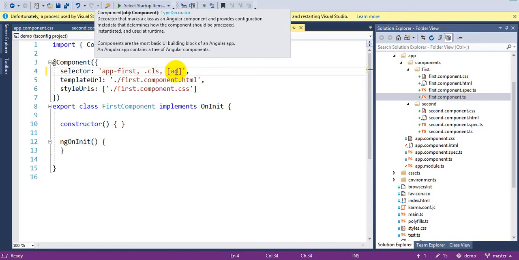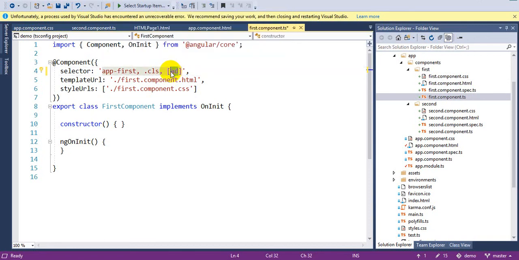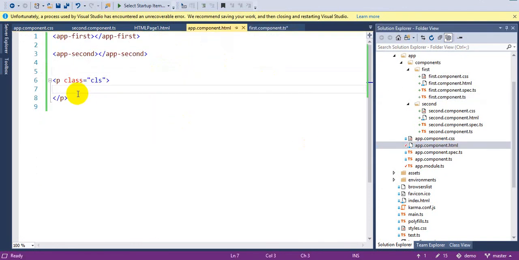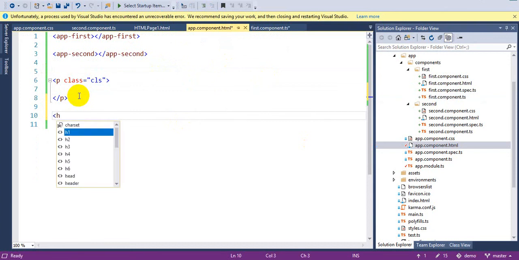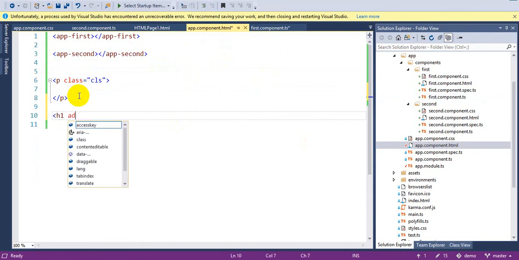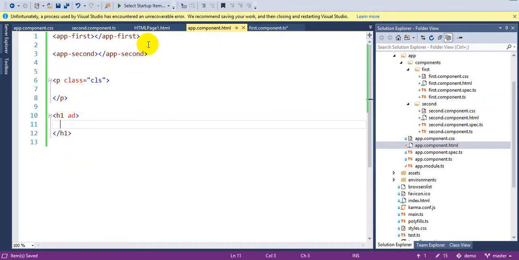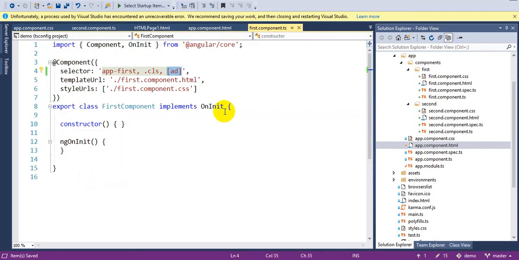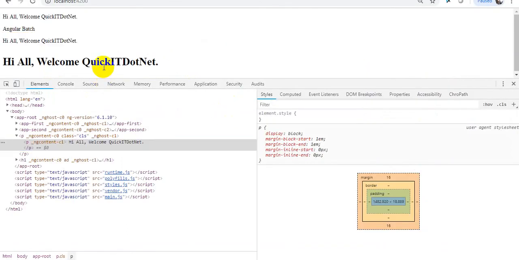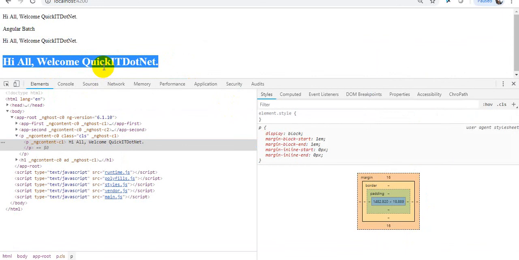AD. This AD. You know, when we use the selector at input properties, right? If I am going to use the h1 AD like this, AD लिखा था ना यहाँ पे, it will give me the output in the AD selector also. ठीक है ना? So what it is going to do is select anything and put this here. It is nothing but the CSS selector, totally. I wanted to tell you the basic thing.